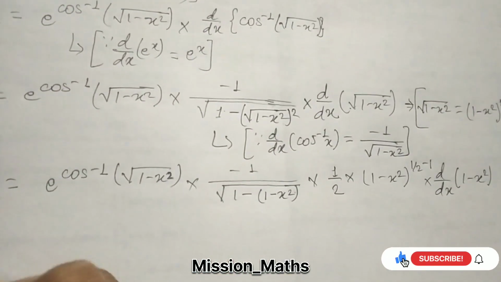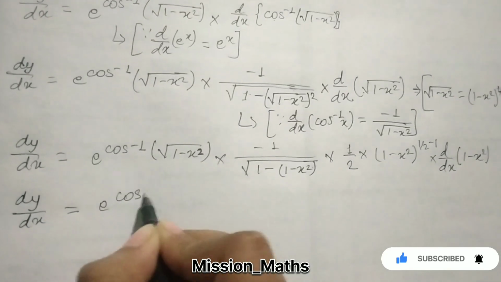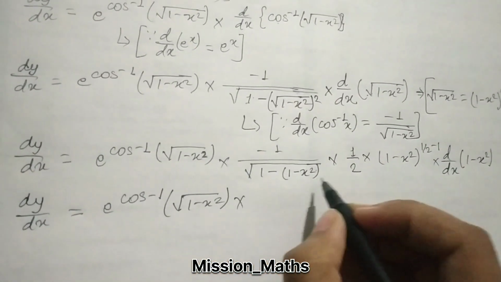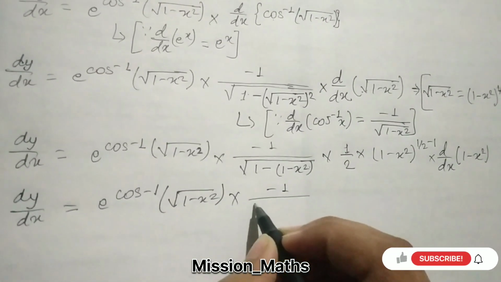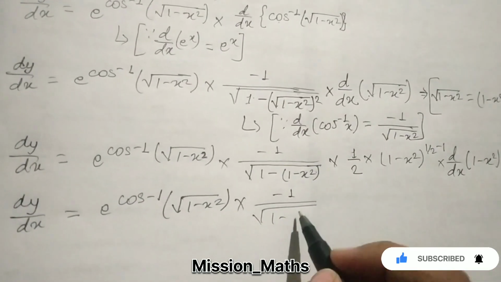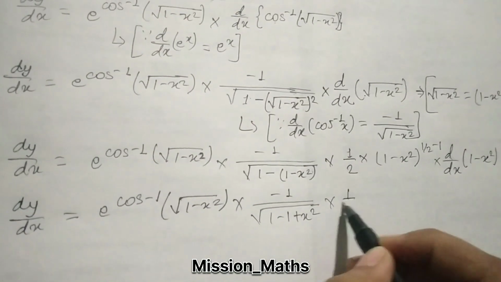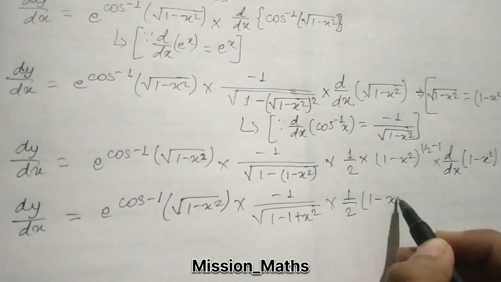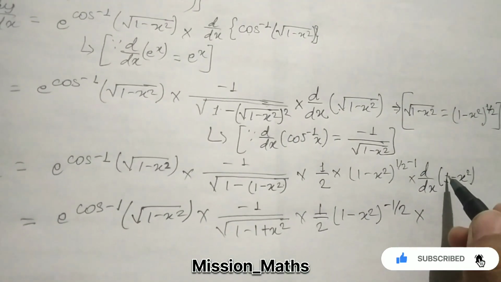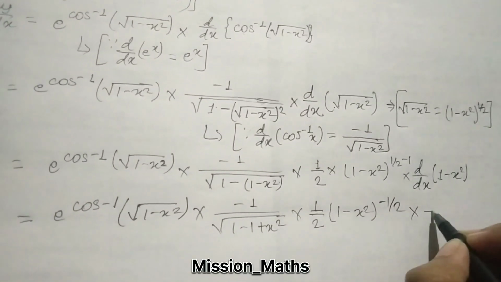Now differentiation of y with respect to x is equal to e raised to cos inverse root under 1 minus x square, into minus 1 upon root under 1 minus, it will come out and become minus 1 plus x square, into 1 by 2 into 1 minus x square raised to minus half. Differentiation of any constant is 0, so differentiation of 1 will be 0. Now differentiation of minus x square will be minus 2x,